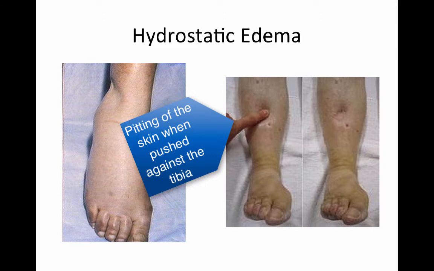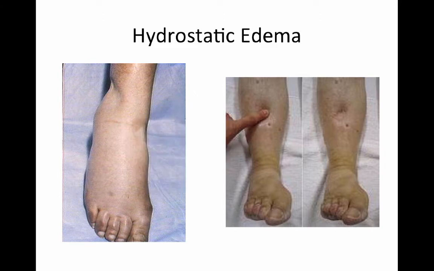Okay, so there's no opposing osmotic pressure to keep it where it needs to be. So it kind of pushes it into the tissues, and you see this in patients with hypertension, where they have arterial hypertension, or in patients with venous insufficiency. This type of edema tends to pool in your lower extremities due to gravity. When you're walking around or you have your legs dangling over the side of the bed, fluid kind of flows downward because of gravity, and because you have venous insufficiency, it doesn't return to the heart, and so therefore it stays there, and so now you have an increase in that hydrostatic pressure